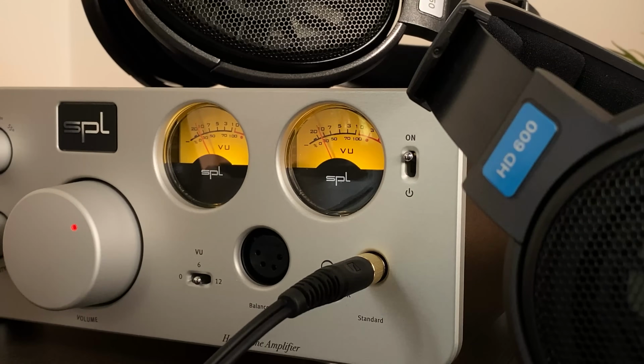Without a doubt, you will need an amplifier to drive both of these headphones well, but with that being said, I did find that entry-level sources like the JDS Atom set to high gain were enough to actually drive these pretty cleanly. Now, I think it's impossible to talk about power requirements for the HD600 and HD650 without talking about their ability to scale. And in my experience listening to them, they definitely did scale. So I will be talking more about the sonic changes that I heard once we get to the sound section